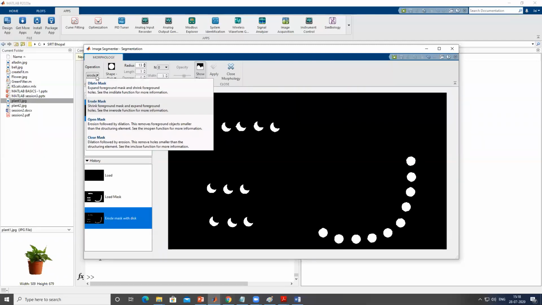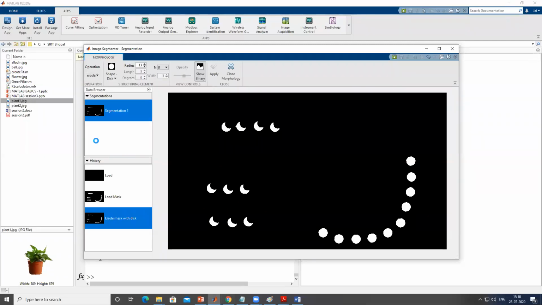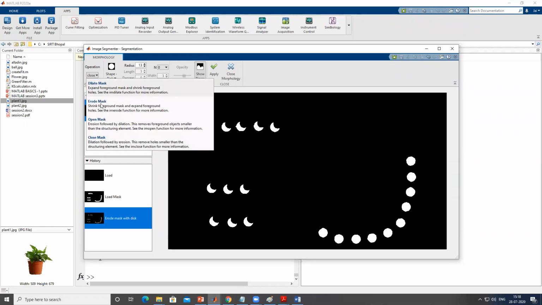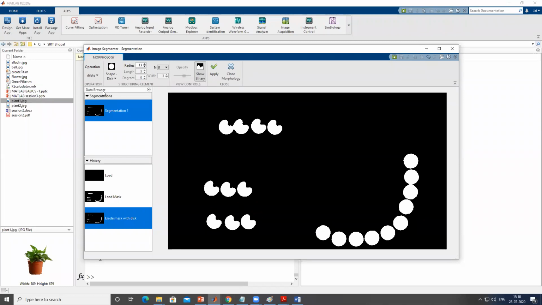Now I have to go for close mask. That is not required, but in order to make the image uniform, I can go and select the dilate. Okay, dilate also we cannot take too much because again it is going to collide.